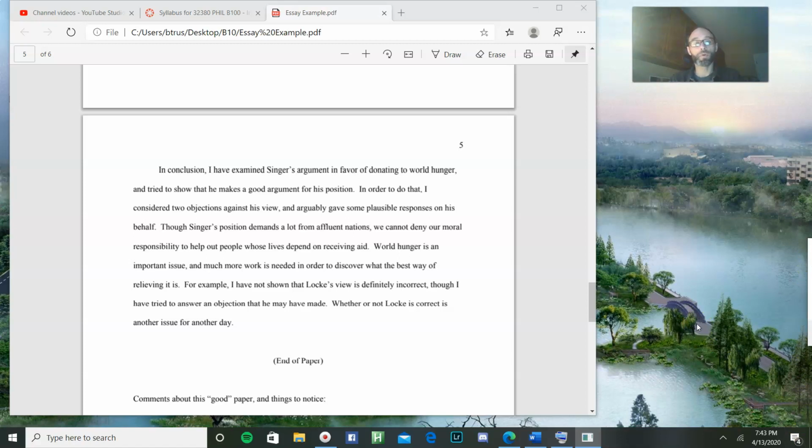So that's what I'm looking for in your paper. You'll need a strong introduction where you say, I am going to do this. If you don't use that word I'm going to be disappointed. You need to say what you're going to do in your paper, and then do it, and then say what you did in your paper. What you are planning to prove is your thesis. The way you're going to prove it is your plan. Then you do it in the body. Then you say you did it in the conclusion. And then you point to the next step in this bigger research project. And then you'll have a very good paper for this class.